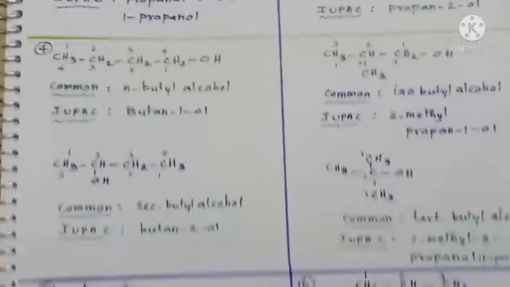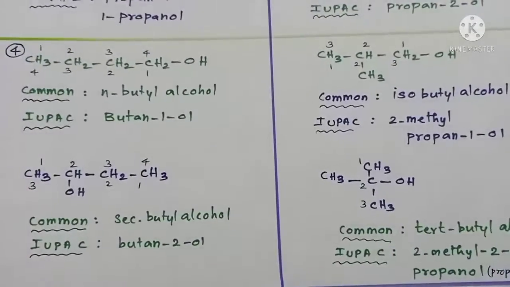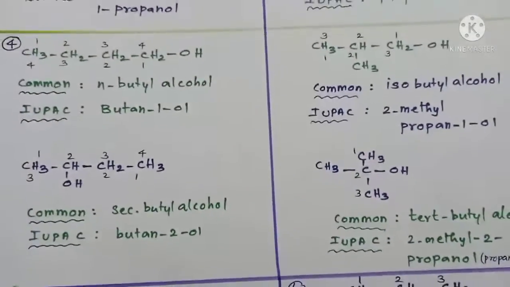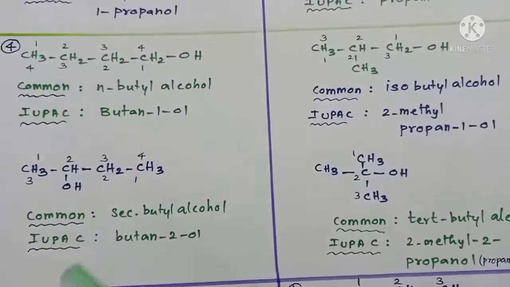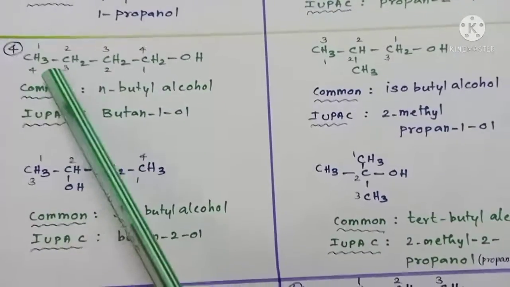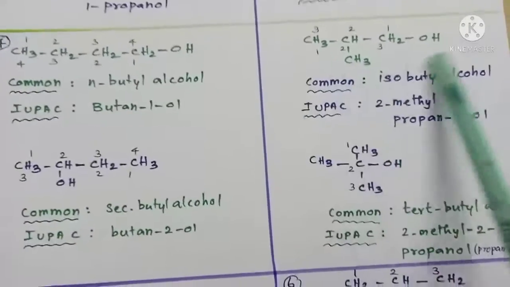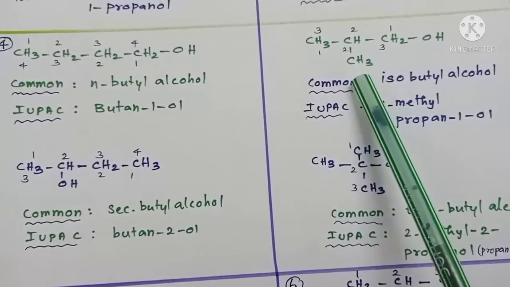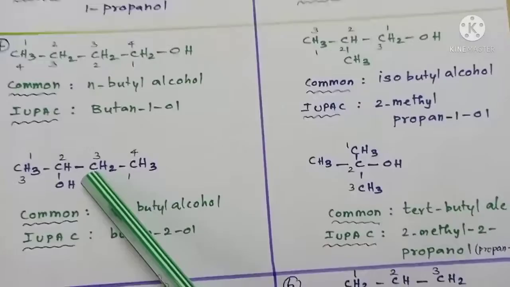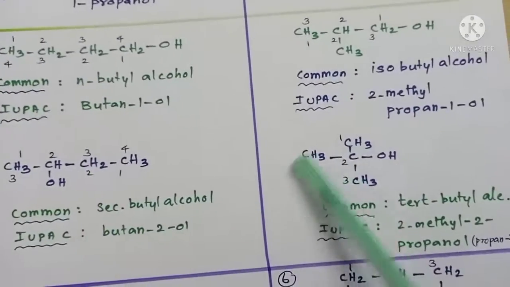Now we go to the next member of aliphatic alcohols. That's nothing but butyl alcohol. Actually, in butyl alcohol we have 4 different compounds. Look at the first one, a linear one. The second one, in which we have a CH3 group in the branch. The third one, OH in the branch. And the last one.